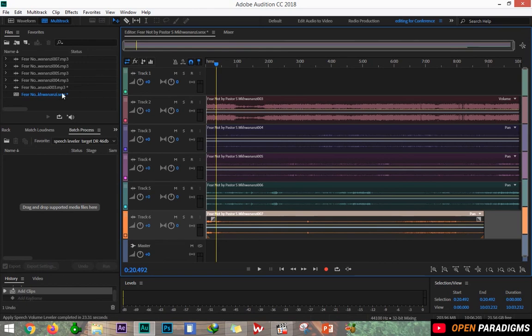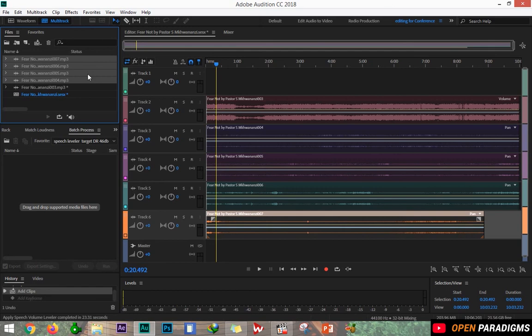Seeing as we've already edited track 3, we'll select the other files that haven't been edited. You hit shift and then click on 7. We've selected all of those files,